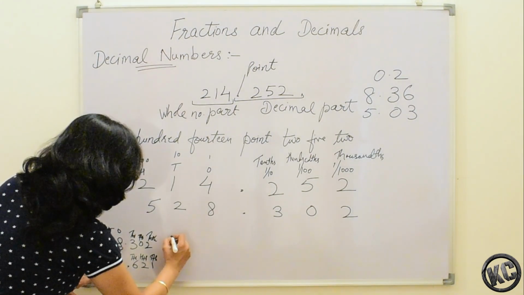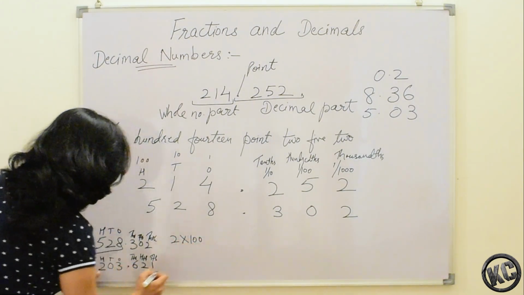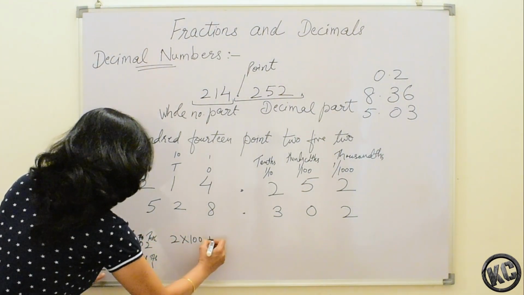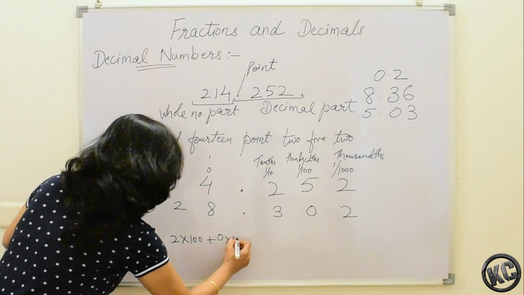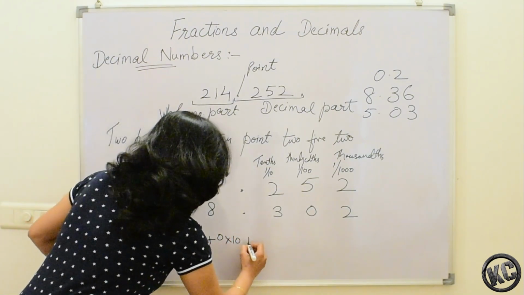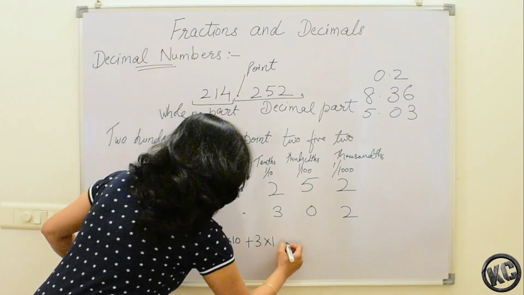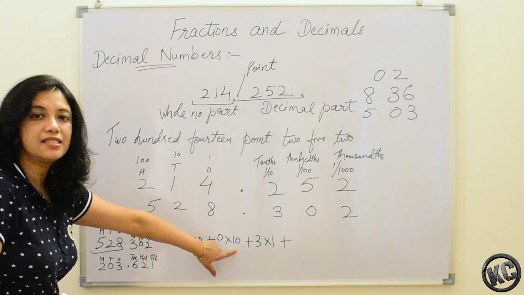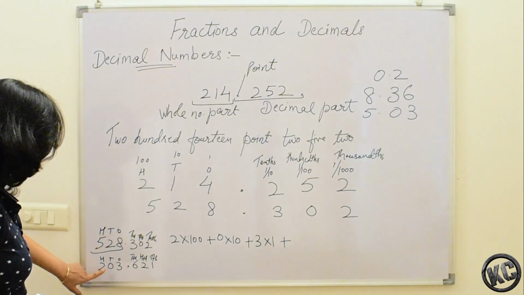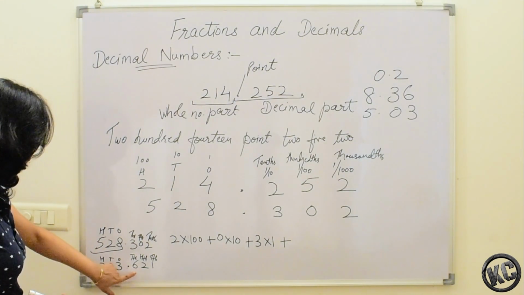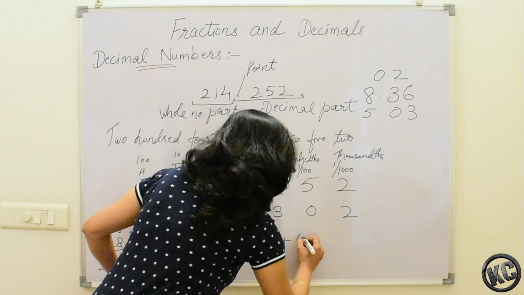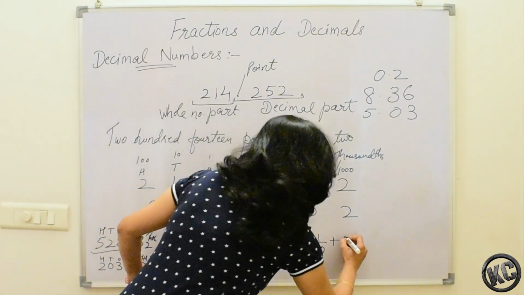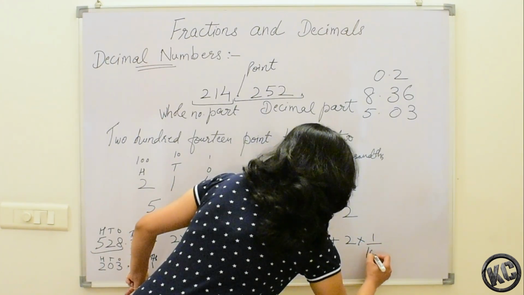This is 203. 2 is on the hundreds place, so 2 into 100 plus 0 into 10 plus 3 into 1 plus. While expanding the number we don't have to place the point. After 3 we will write plus 6 multiplied by 1 by 10 plus 2 multiplied by 1 by 100